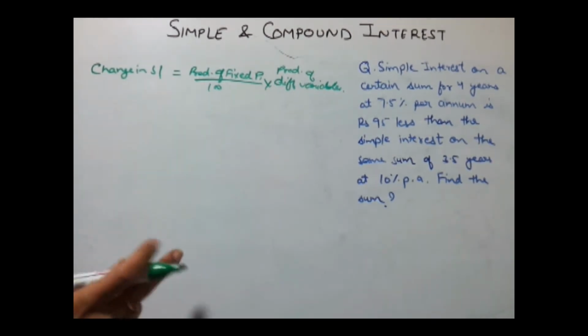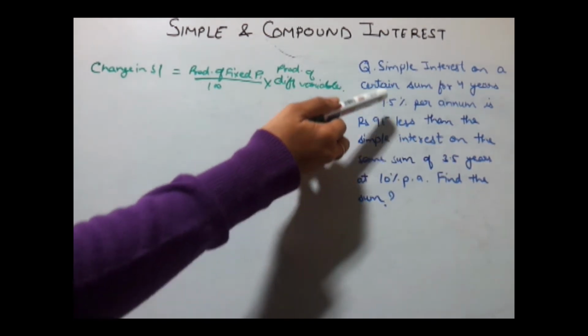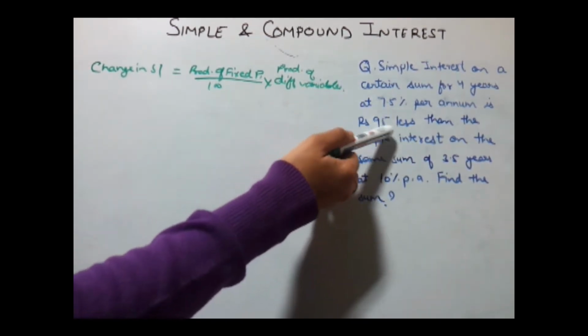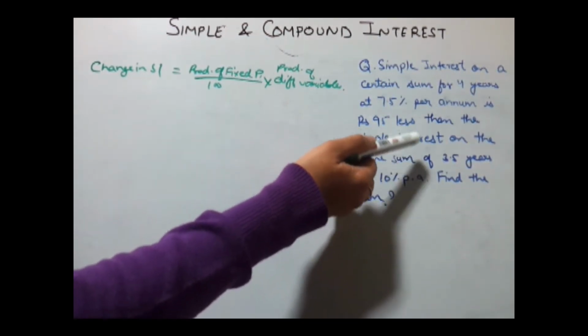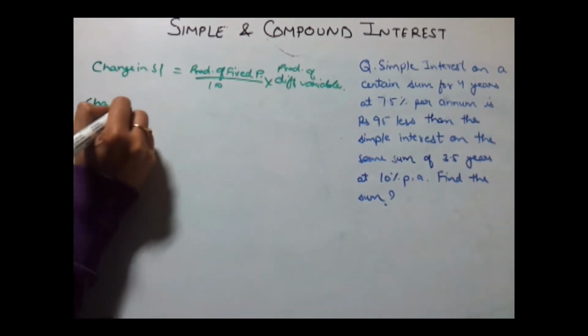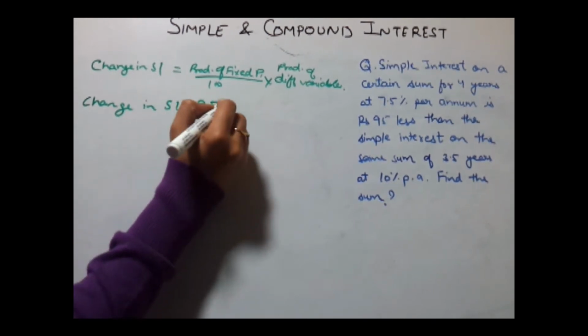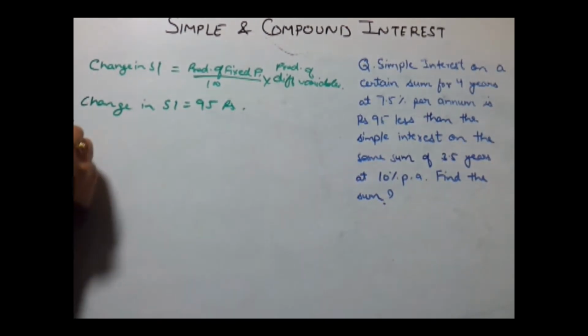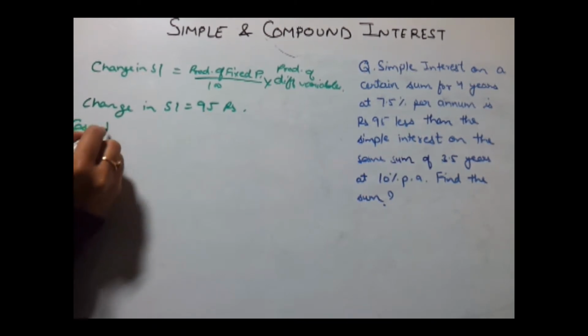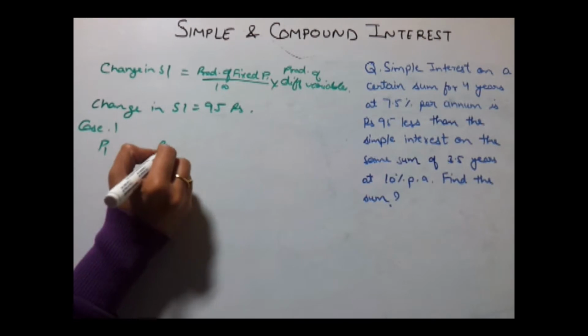Now in this case, the change in simple interest is given as 95 because simple interest is 95 rupees less as compared to the second case. So change in SI is 95 rupees, and for case 1, say principal is given by P1, rate by R1 and